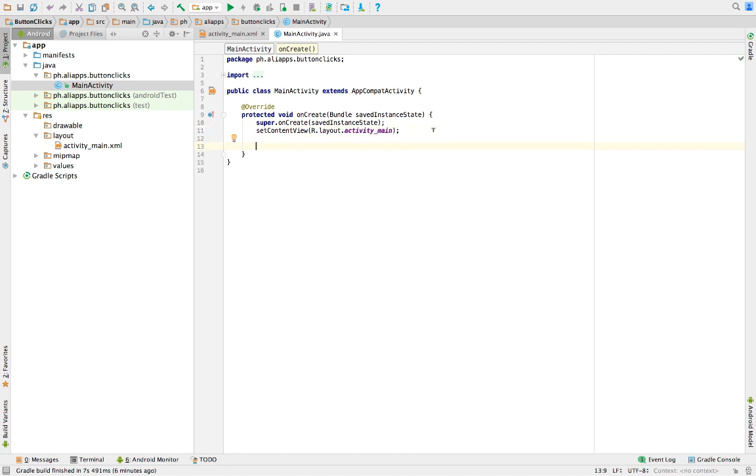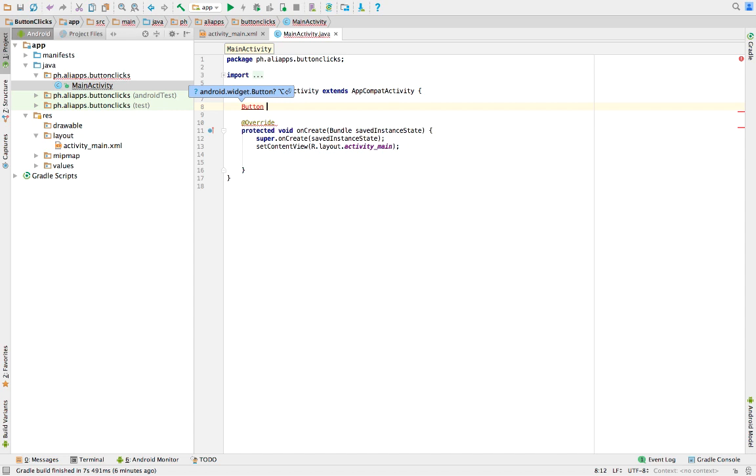So first, you create a button object here. So you have your button here, name it button 1. Okay, and then you import the class for the button. So you import that class, you have your button 1 here, and then inside your onCreate, you connect that with your object inside your layout. So you have your button object, or sometimes I call this a button variable. So you now have button 1, and